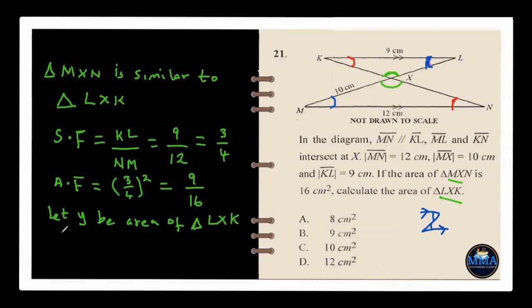Now, if we take this area over the area of the bigger triangle, which is given as 16,